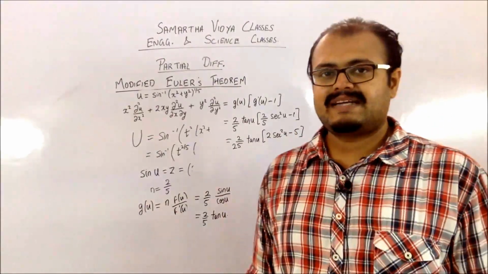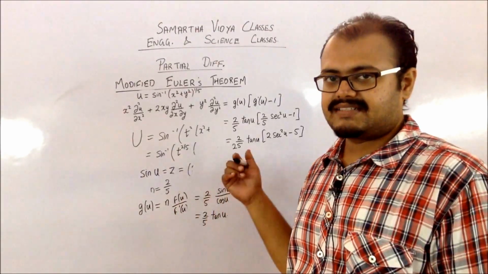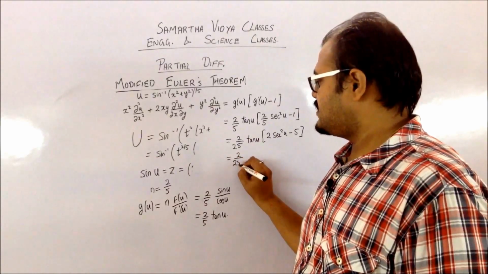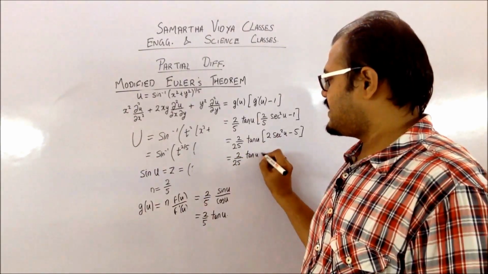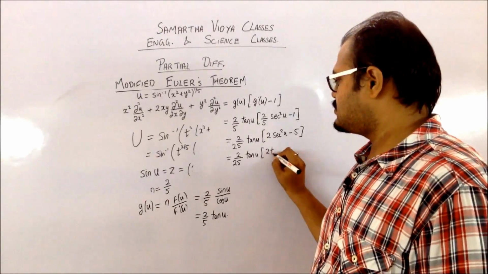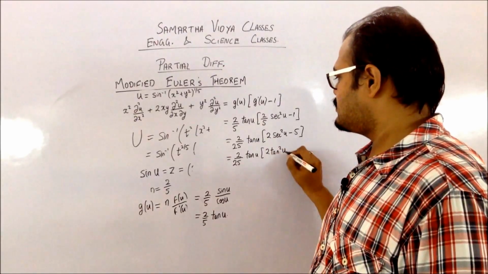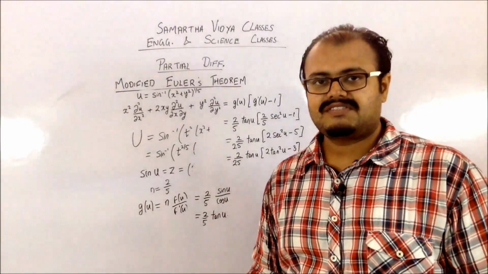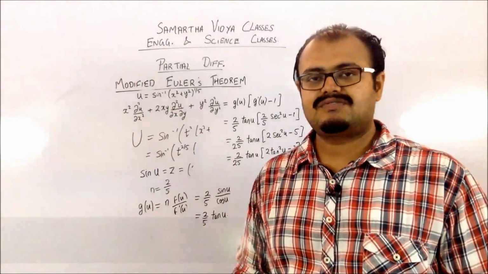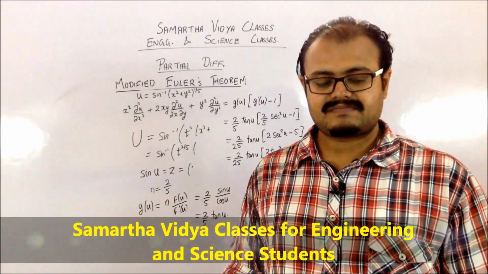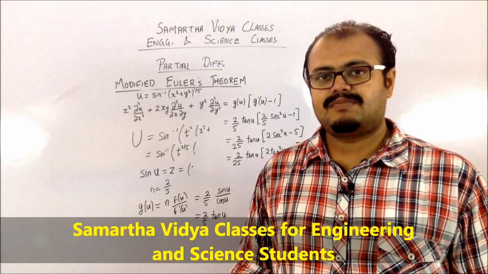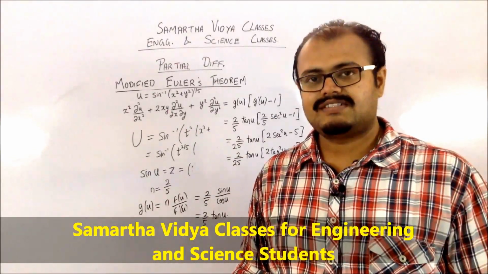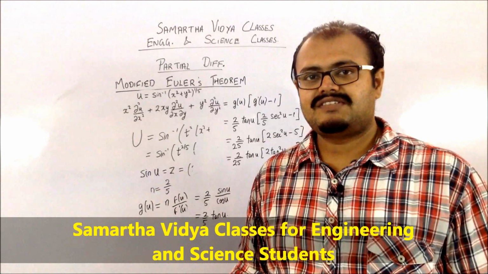But you require this term as tan square. So what you can do is you can just substitute your sec square as tan square plus 1. So that becomes 2 by 25 tan u into, this becomes 2 tan square u plus 2 minus 5, so that's minus 3. So you can see that this was your proof part. So this is how you prove the Euler's theorem. So this is how basically you will be proving the terms which will be in this order by use of the Euler's theorem. So this was the end of the Euler's theorem types.